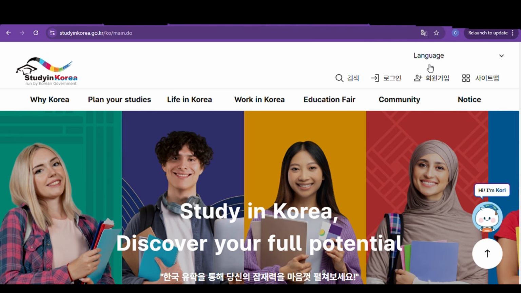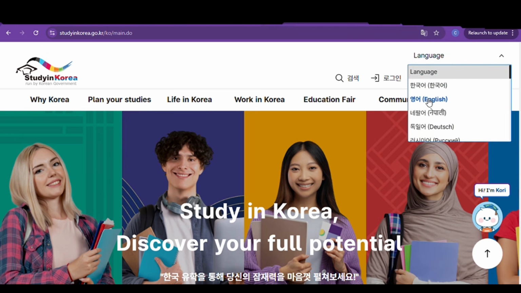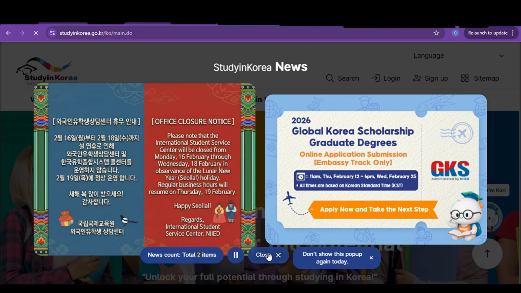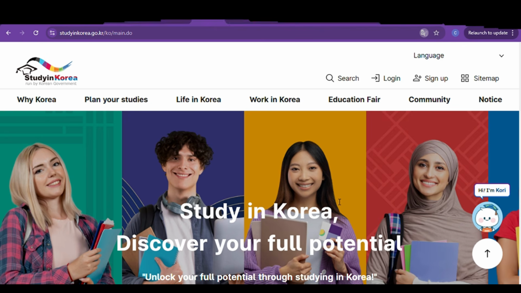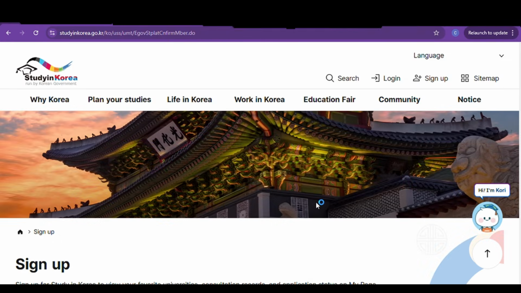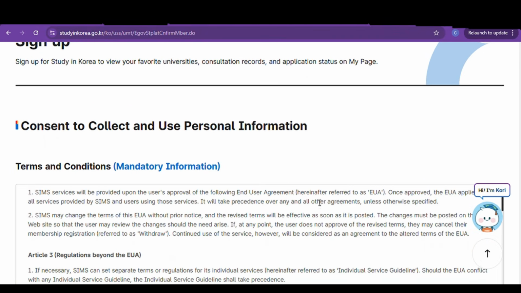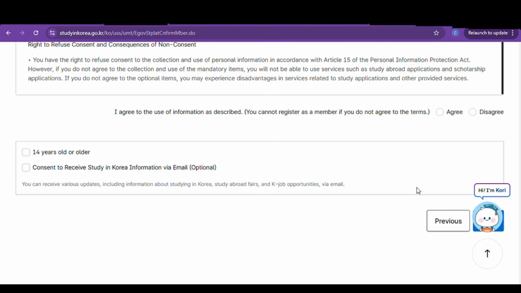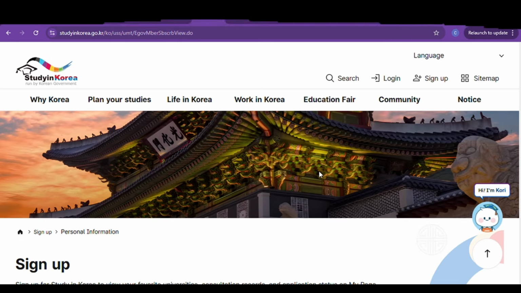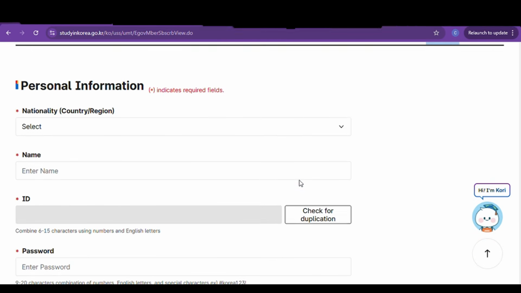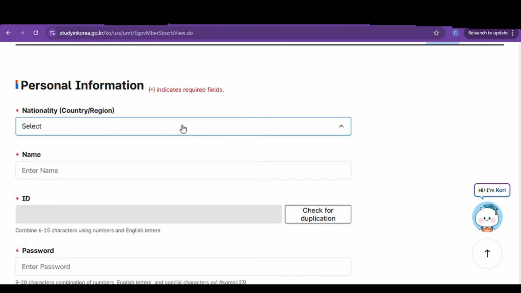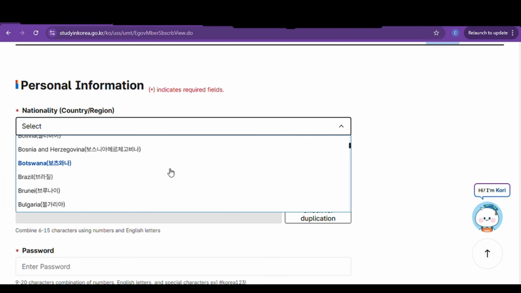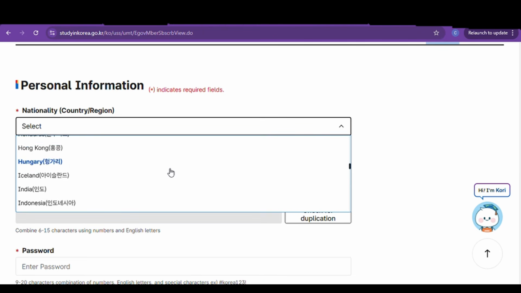So if you don't understand it in Korean, you can change the language here. So now we have to create an account here. So first we have to sign up. So check the boxes. Then you have to put some basic information in here. So I will choose India